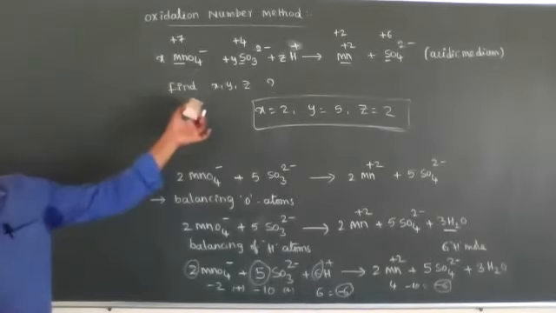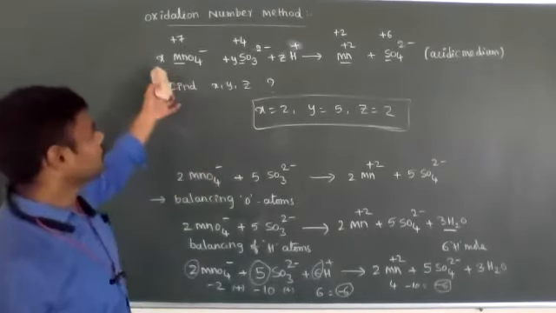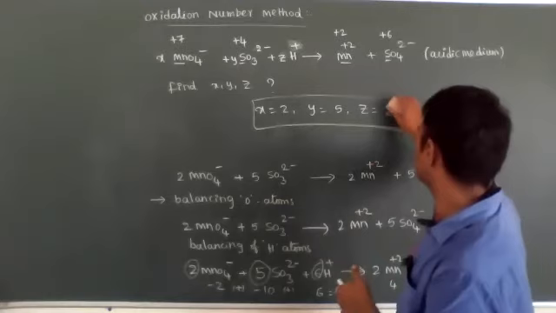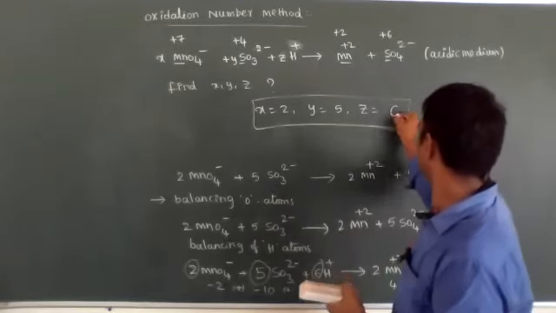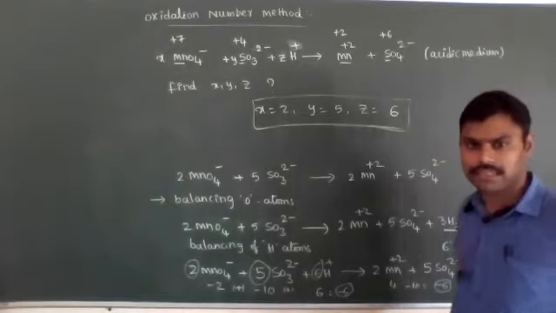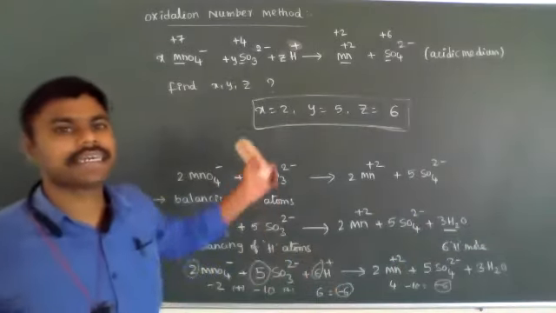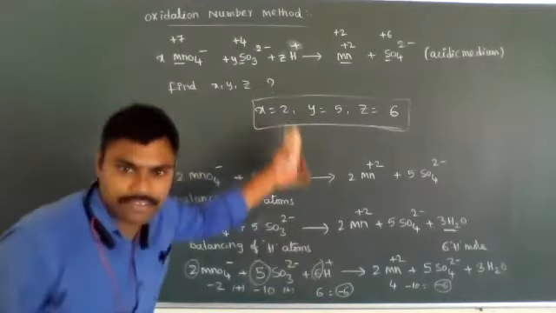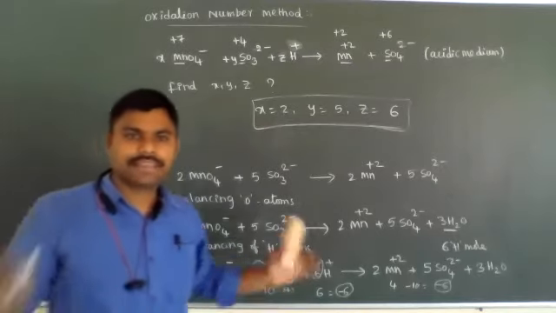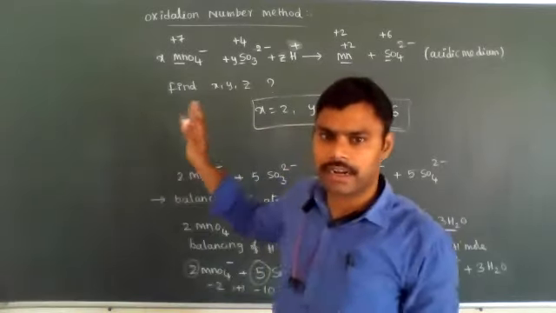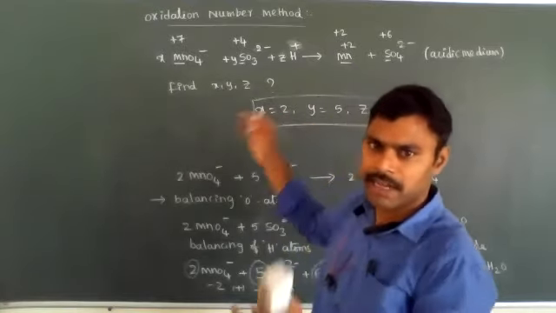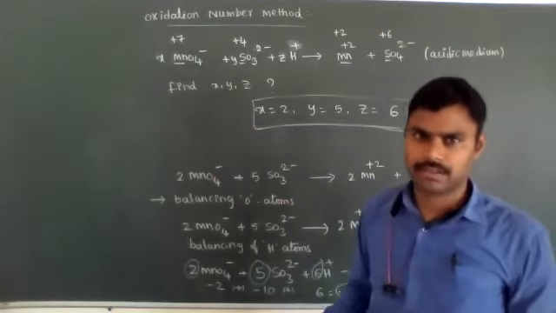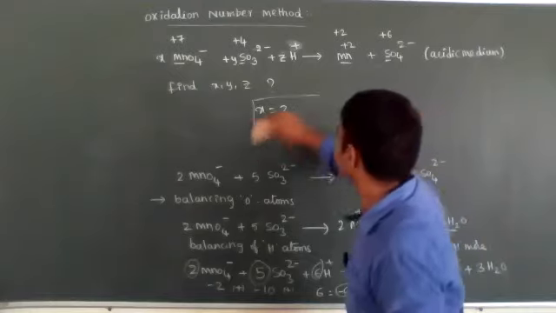So mostly questions like that they ask in NEET and JEE examinations. Anybody have doubts? In that equation they are asking mostly that, that is equal to 1. Sorry ma'am, that is equal to 6, 6H+ ions. Yes. So questions like that are asked in NEET, JEE and CET examinations. That is the only logic. For board examination, if they ask, we need to write everything. But in an objective exam, it is just mind calculation or rough calculation. You have to apply the oxidation number method in 2 steps or in a single step, and calculate the X, Y, Z values. Very, very important marks.